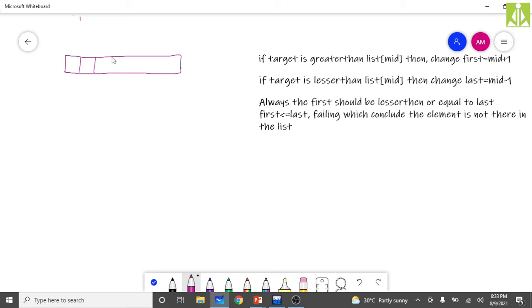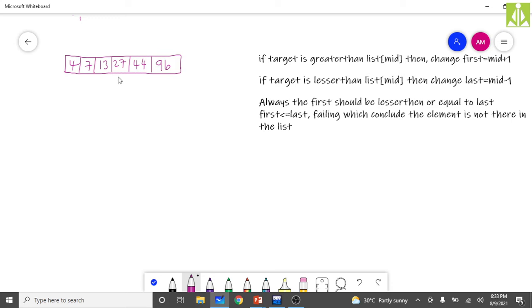1, 2, 3, 4, 5 and 6. As we are going for binary search, the list must be in sorted order. All the elements must be in sorted order. So 4, 7, 13, 27, 44, 96. Like this I have the elements.